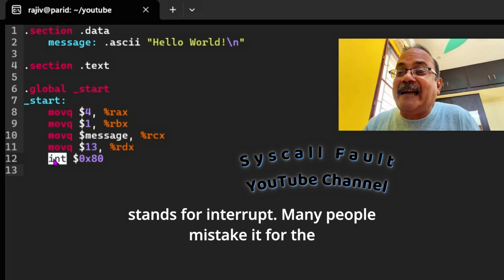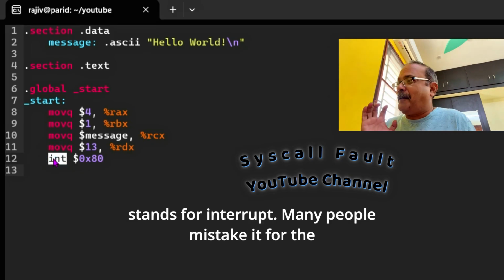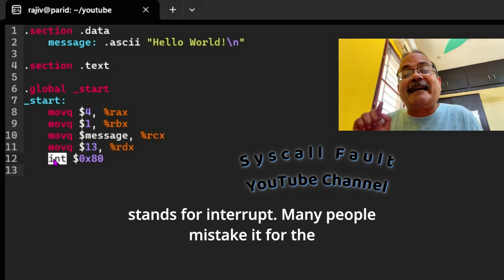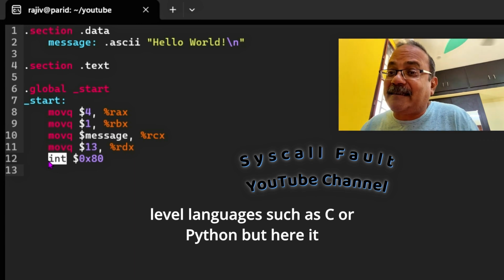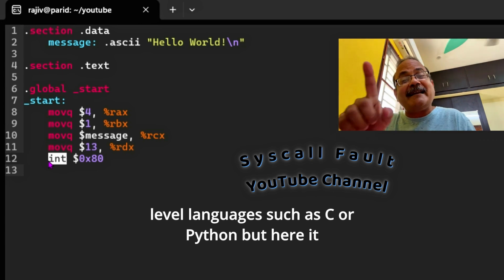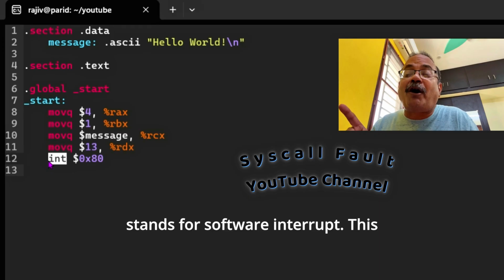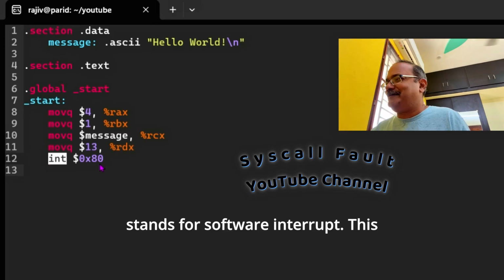The int here stands for interrupt. Many people mistake it for the integer type, which is the type of data in high level languages such as C or Python. But here int stands for software interrupt.